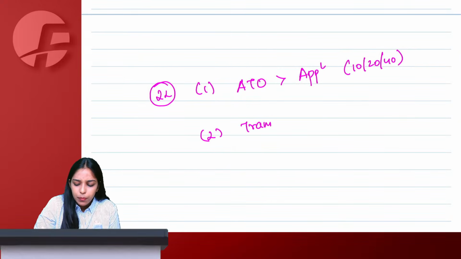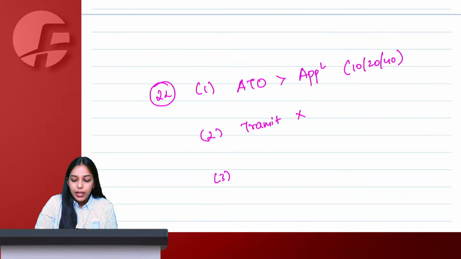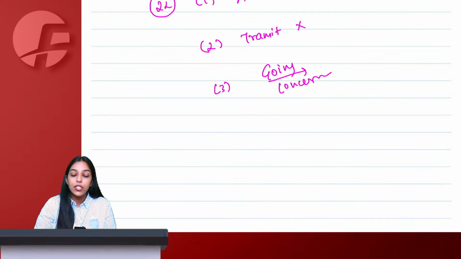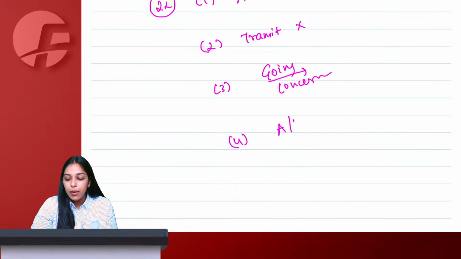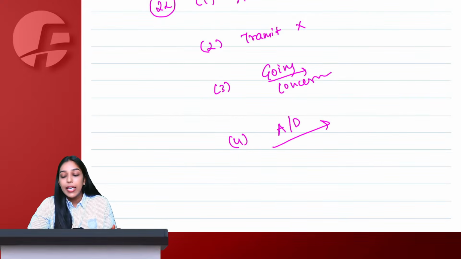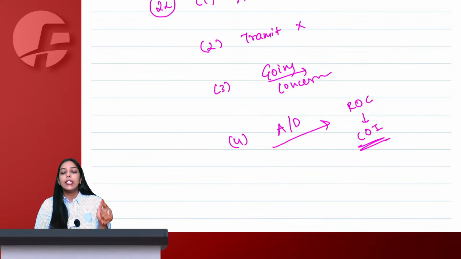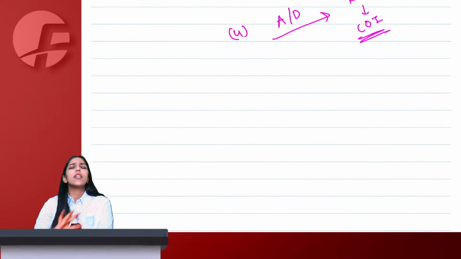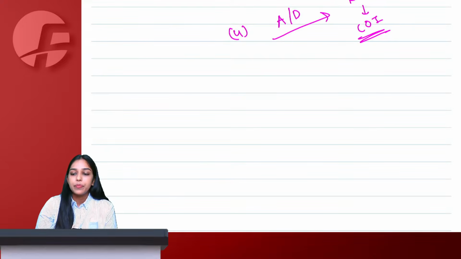This is a transition provision, so you can ignore this. Section 22(3) says that if you are transferring your business as a going concern, then the transferee will take registration from the date of transfer. And 22(4) talks about if there is amalgamation or demerger, then from the date on which ROC issues the certificate of incorporation, the new amalgamated or demerged company will have to take registration under GST. Tell me, is Section 22 absolutely clear?